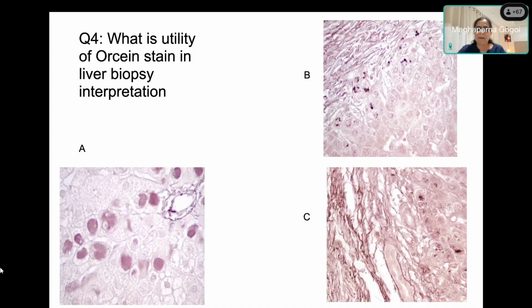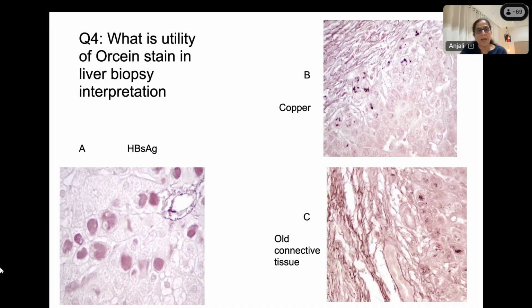And then C, I'm confused. All right, we can go ahead. So you all are correct that A is for hepatitis B surface antigen, where you can see here, these all three are copper stain. And you can see here, nucleus is not stained. Nucleus remains unstained. So this is all surface antigen. It stains surface of the nucleus. So this indicates hepatitis B integration into hepatocytes. So this is for HBsAg.